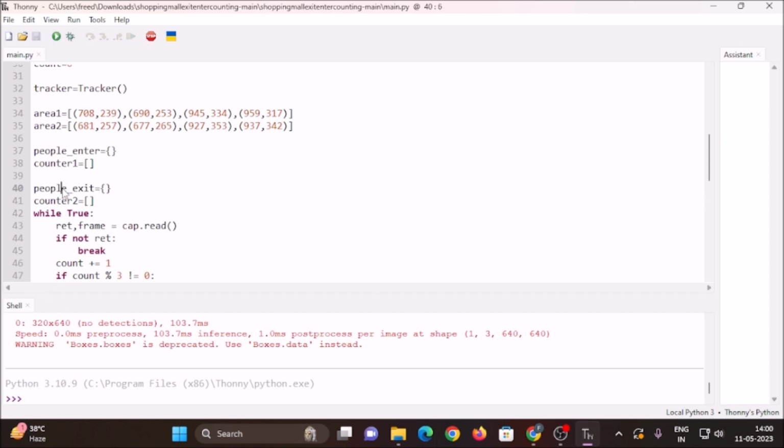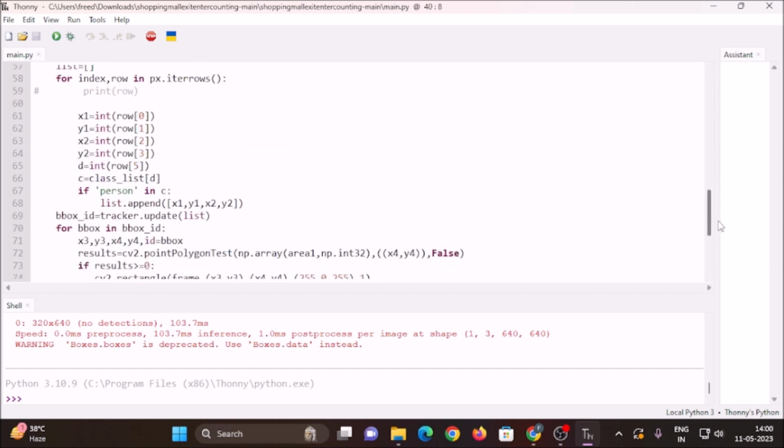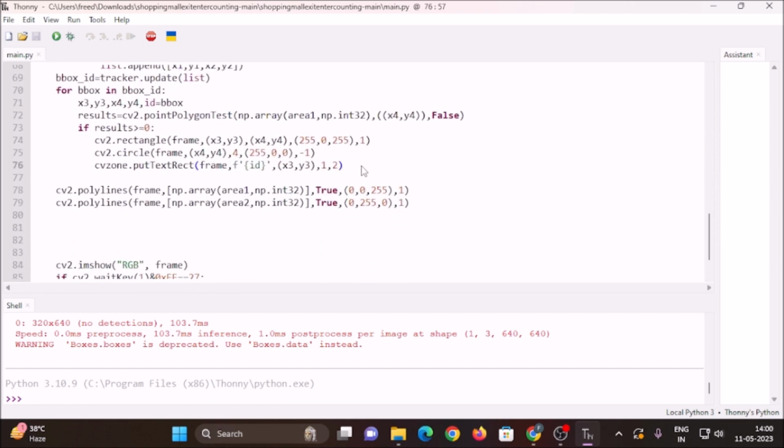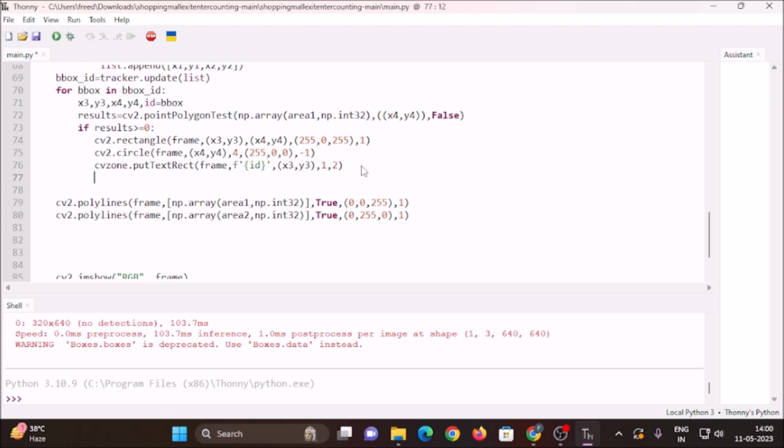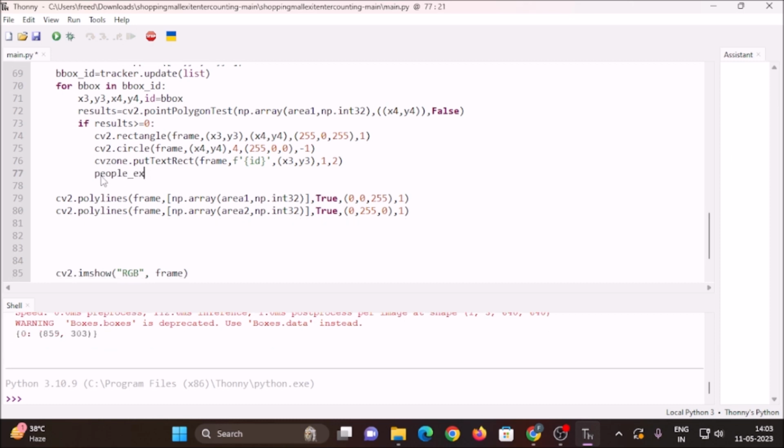So I have mentioned the dictionary variable people exit, so we need to simply call our variable where we match our condition, means when the person is in our area 1, then we are going to save their ID and their condition. Simple. So here we can say people exit, this is our dictionary, and we are going to save their ID in list format. So people exit, ID is equal to their current position. Their current position is basically x4 and y4, rectangle bottom right corner. Simple. So if we print our dictionary, which is people exit,